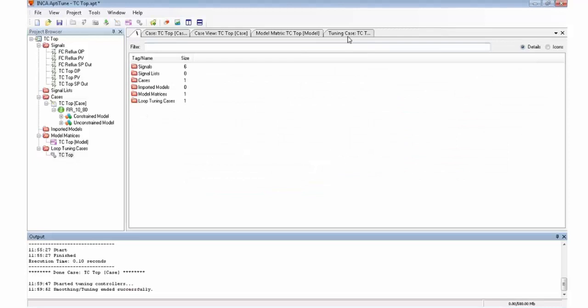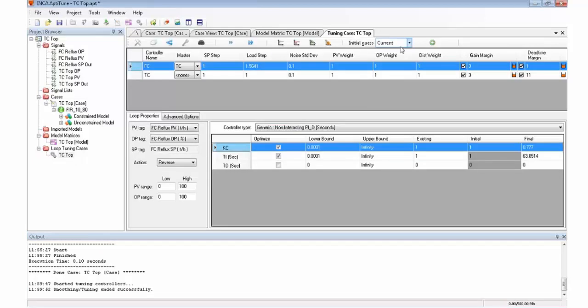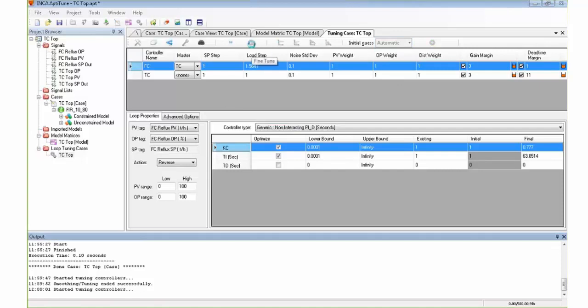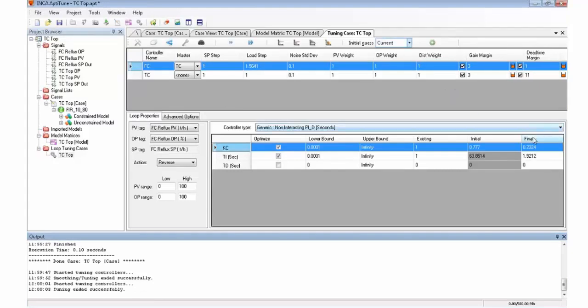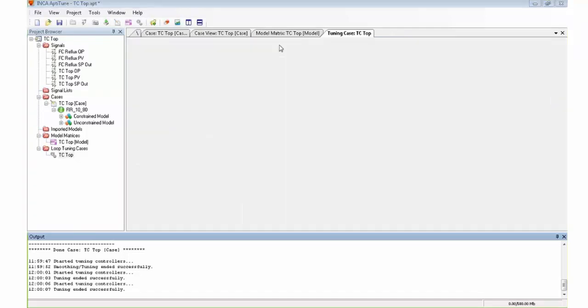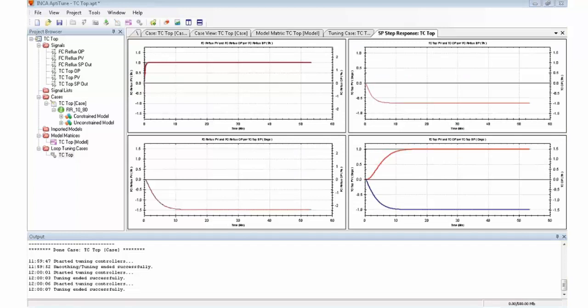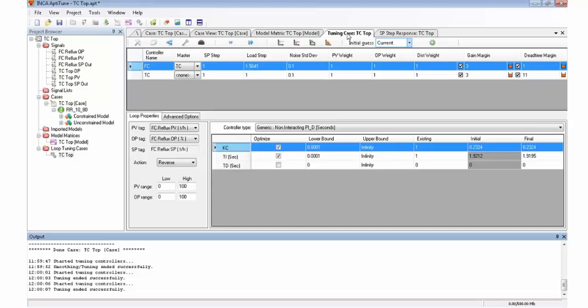Okay, we'll come back to this in a minute. It's usually a good idea to see, if you run this experiment once more, if the parameters stabilize and if they come to the same point, because AptiTune occasionally zooms in on certain behavior, but if you give it a few more runs, it converges better there. Well, as you see now, the variables don't change anymore. So if we now look at what the responses look like, we see that our flow control is a rather fast one, our temperature is a bit slower. Well, there's more to be said about this tuning, but I think it's now about time that we take our